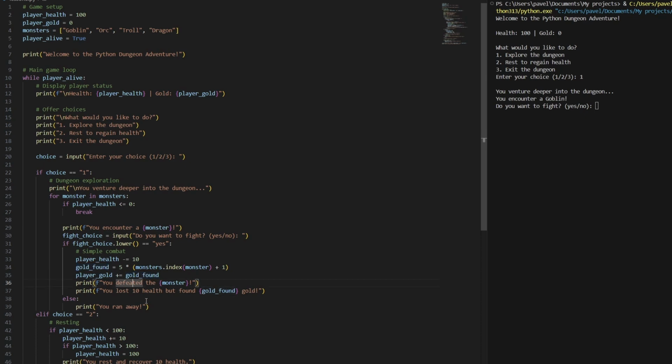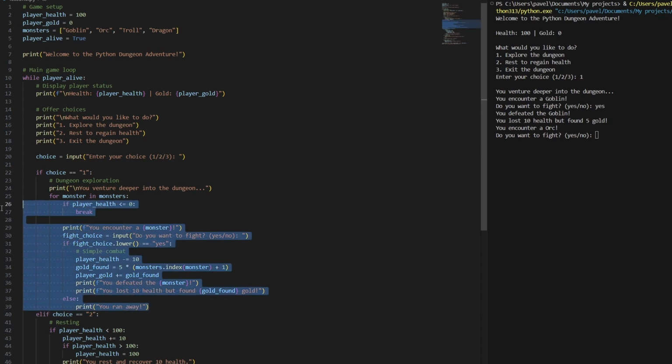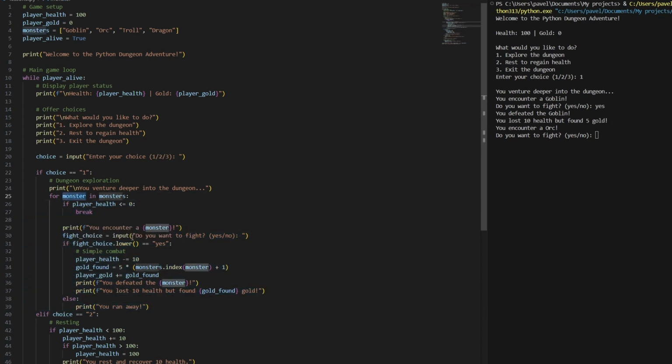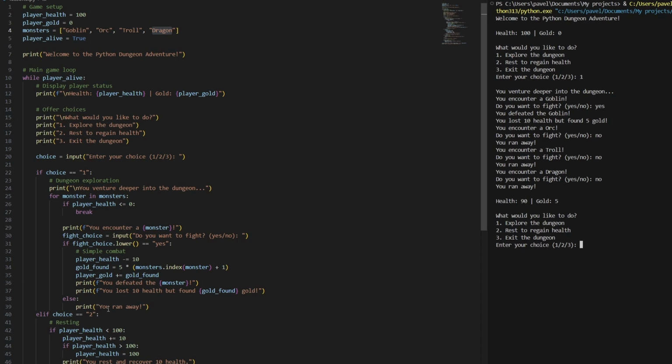Here are 2 messages. You defeated the monster, you lost 10 health but found gold. And here we are going to fight the goblin. You defeated the goblin, you lost 10 health but found 5 gold. And now this loop starts again, but for the second monster from the list, and it will be orc. See? Let me make it fast. No. Now we have troll. No. We move to dragon, and no for it. You run away,